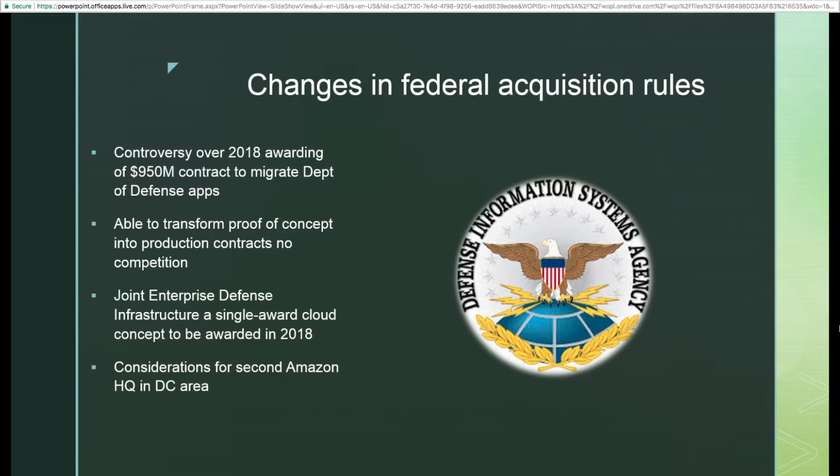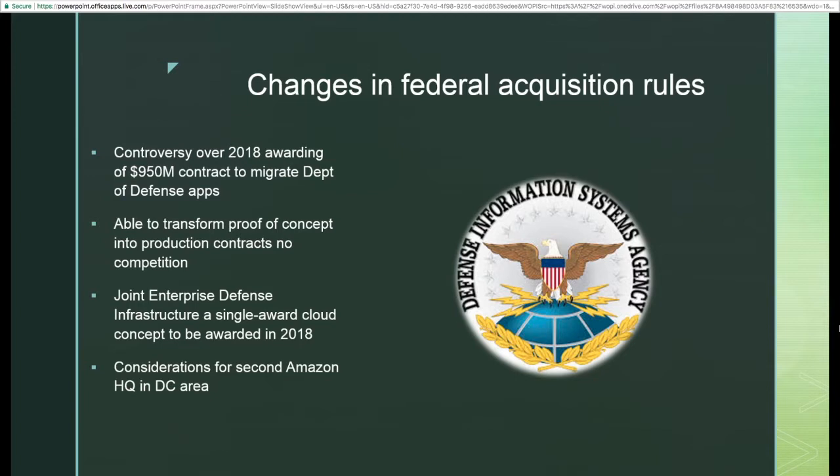One example being earlier this year in 2018, the Defense Information Systems Agency actually awarded a contract just shy of $1 billion to a subcontractor for Amazon to migrate everything from existing platforms to this new to-be-designed joint enterprise defense